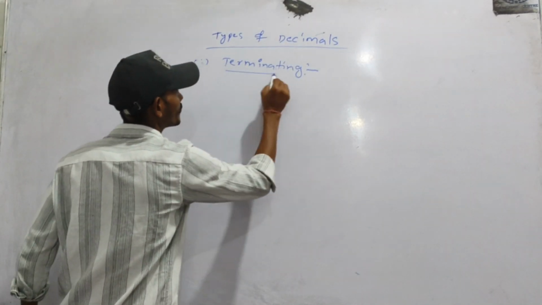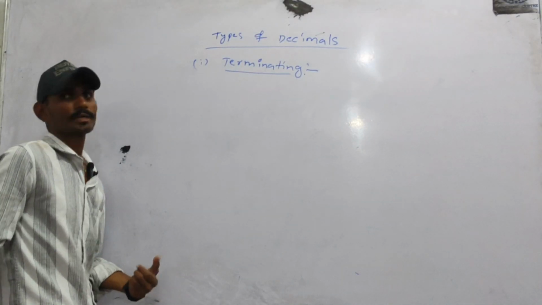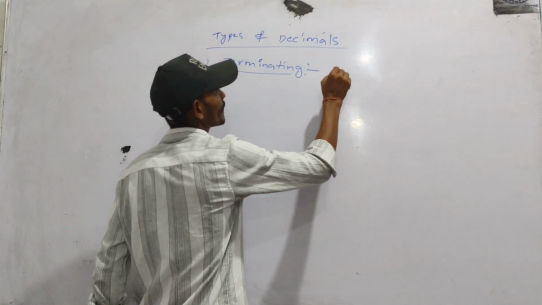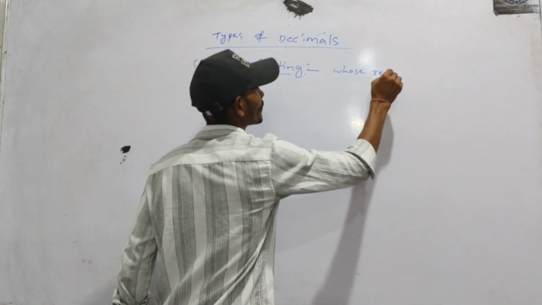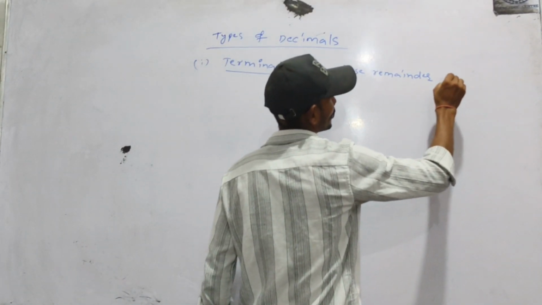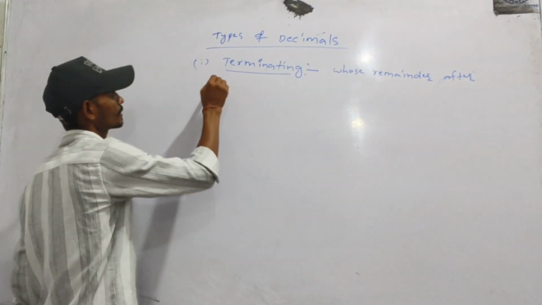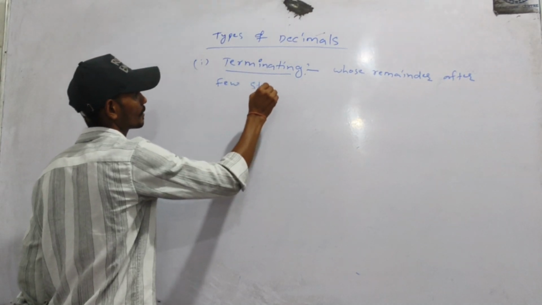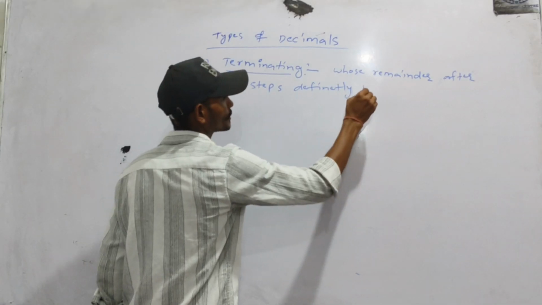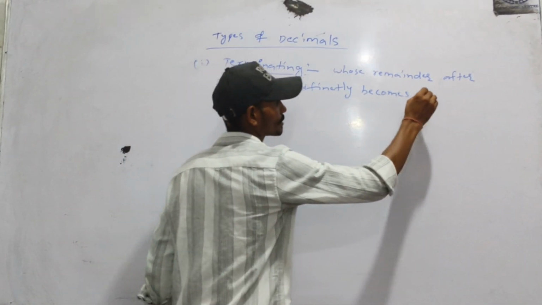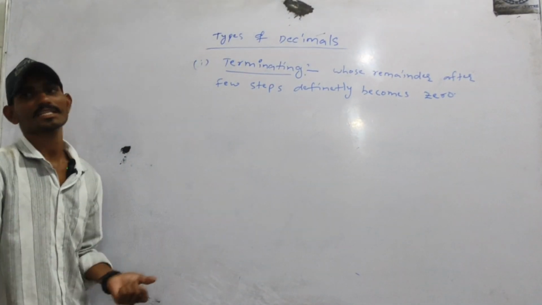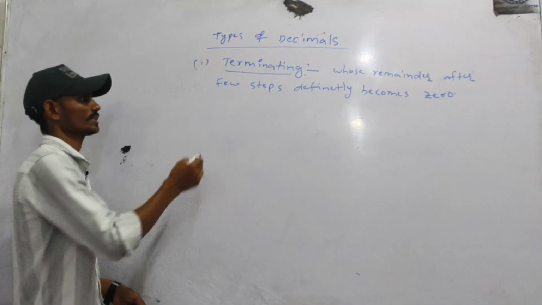Terminating means when the numerator is divided by the denominator, the remainder definitely becomes 0 after some steps. Those kinds of fractions are called terminating. Example,